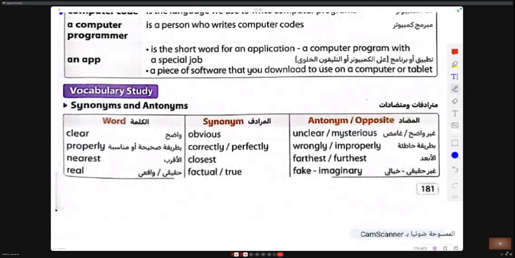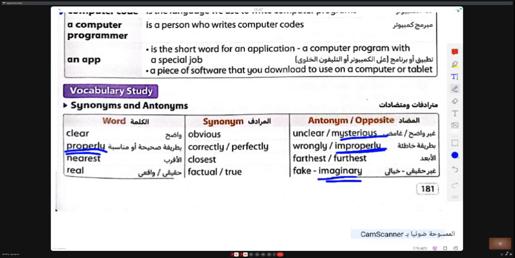Clear means obvious. Unclear, mysterious. Properly, improperly.